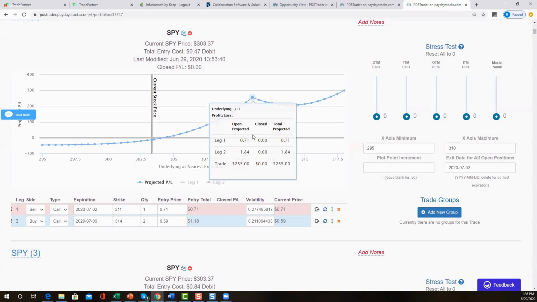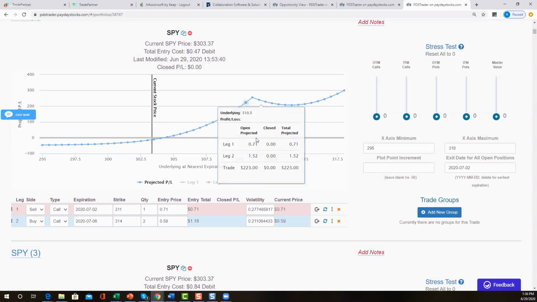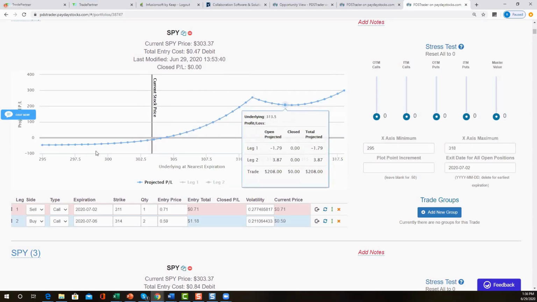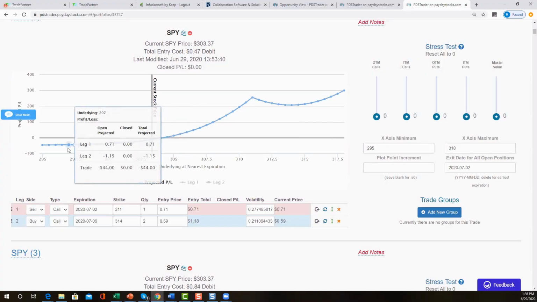So at 311, we're looking at $250 of profit potential. Again, that's not going to be that high because the volatility is going to come out of these a little bit if the market does move up to 311. But then we have unlimited profit potential to the upside. My risk, if this is the only trade I took, is $45, $47. And right now it's trading at $41, $42 if you were to place on that trade, okay?